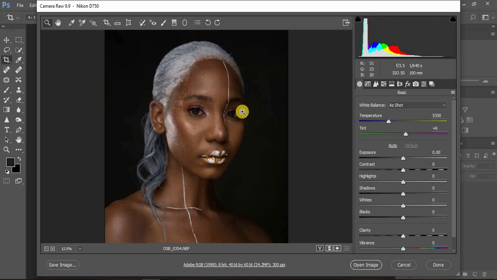As usual, as you drag your photo into Photoshop, I usually open all images in the Camera Raw filter, and this is how your Camera Raw will look. This is the basic panel right here, and you can see the different specifications right here. So usually the settings that were used for this image,